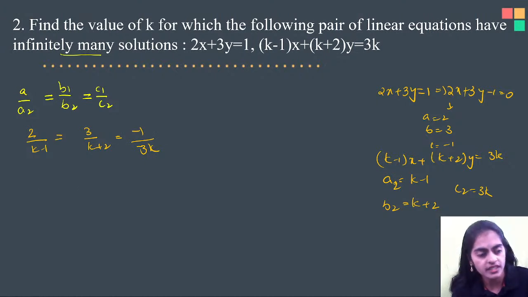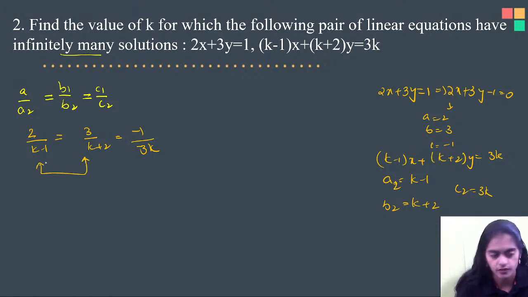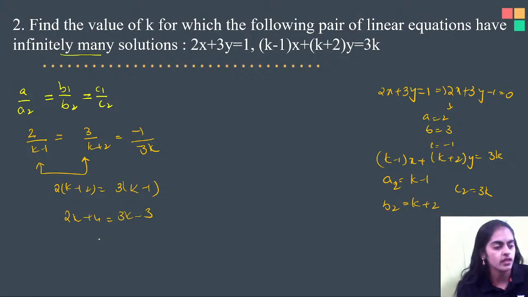Now here they said that the lines have infinite solutions. So always remember, the first condition you will check is for the first two ratios. If they have infinite solutions, the first two ratios should be equal. So cross multiplying, 2 into k plus 2 equals 3 into k minus 1. So 2k plus 4 equals 3k minus 3. Transposing all k terms to one side and constants to the other side,